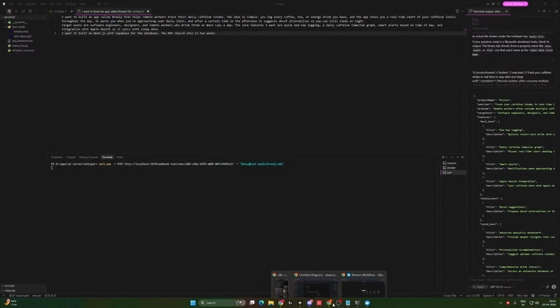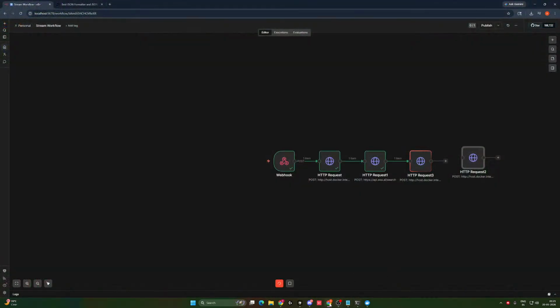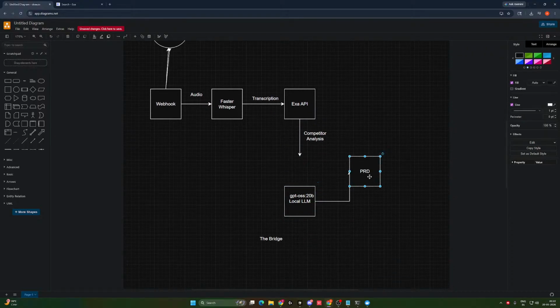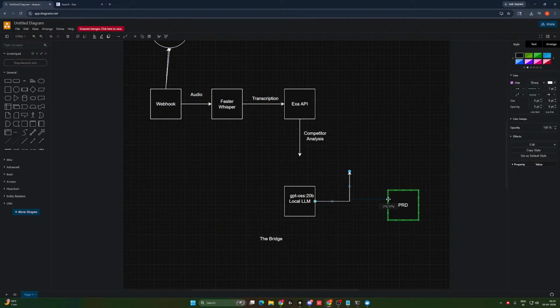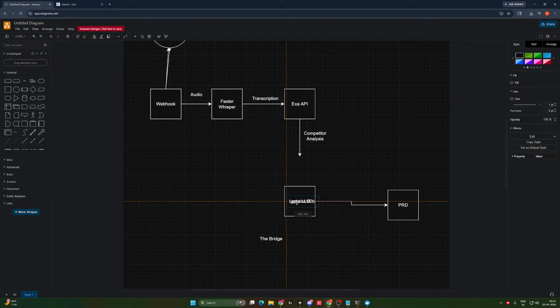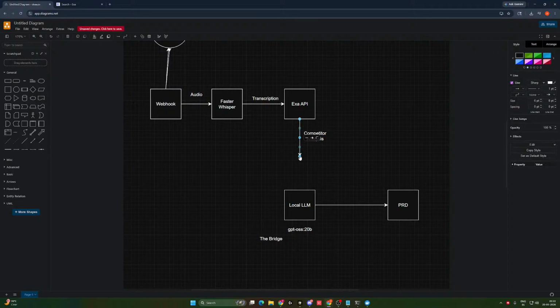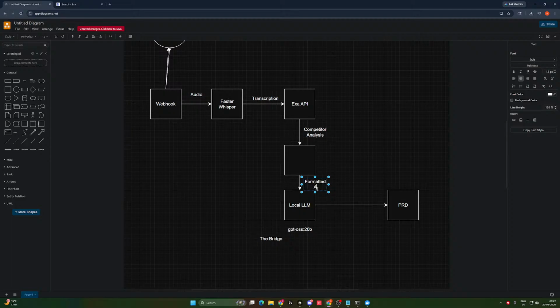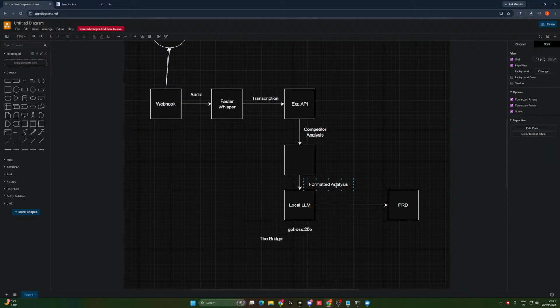Let's just go back to this. So what we have done right now is we have actually created another node over here, which will actually add the formatted analysis, which is better because we need inputs from the competitor.